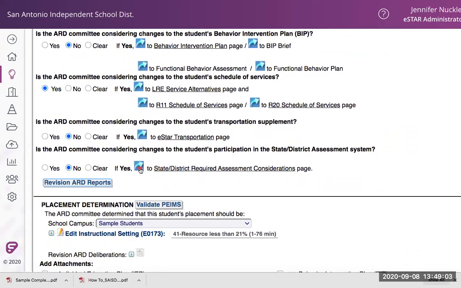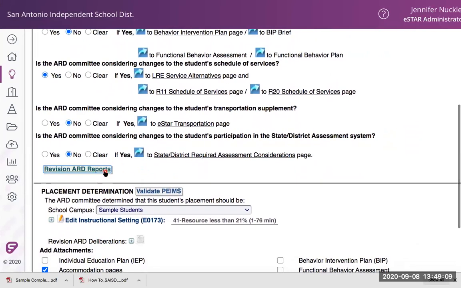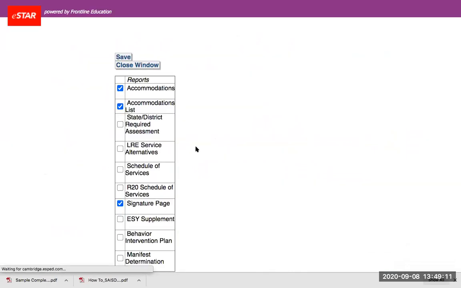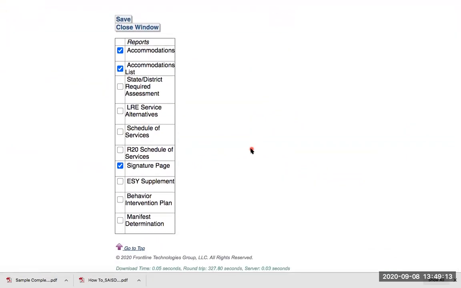And you would need to make any changes actually in the IEP itself. So you would use the go button. Then, of course, you're pulling up the Revision ARD reports. The minimum that you have to check is the signature page. The signature page pulls